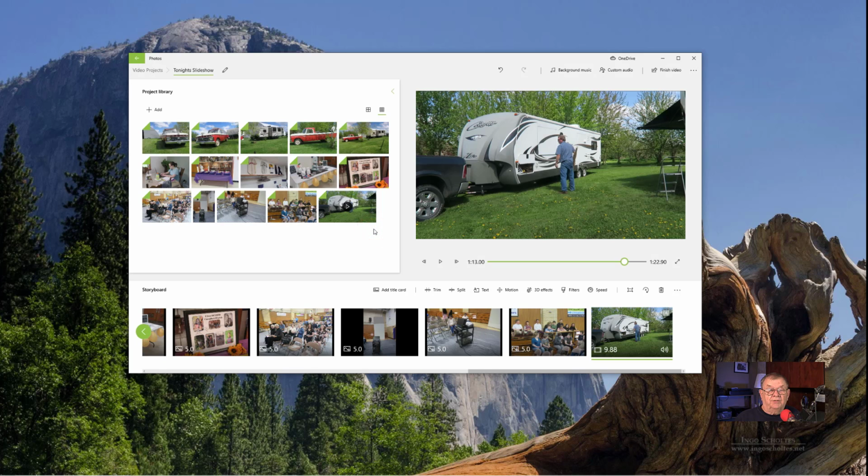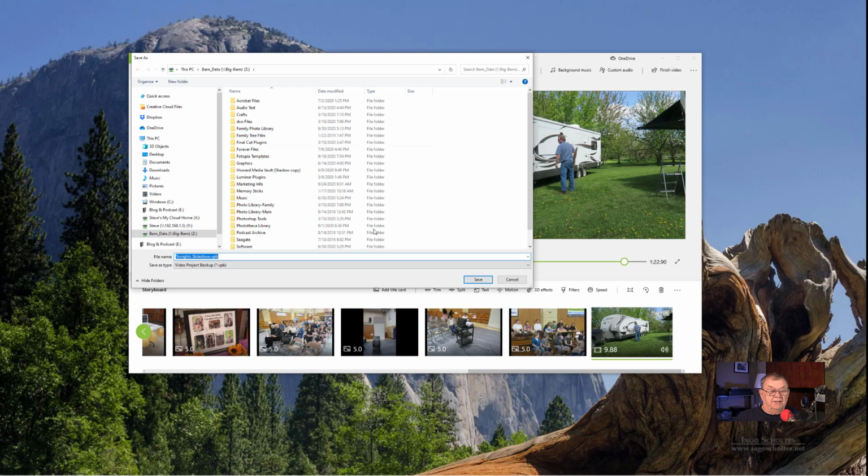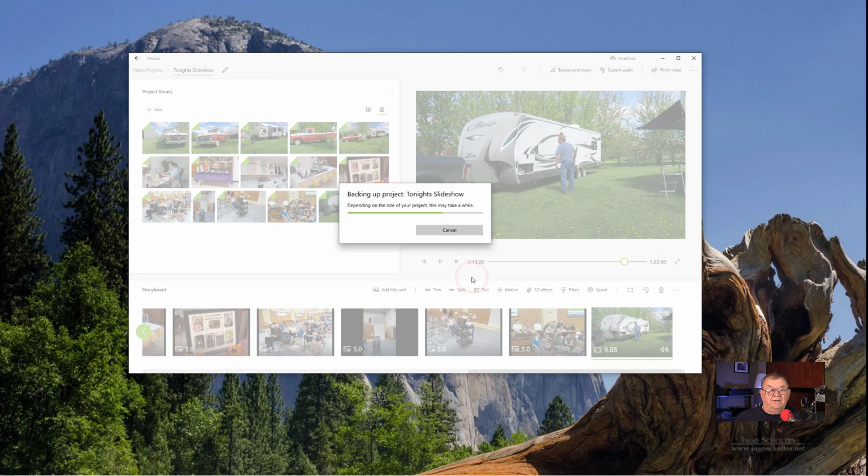Choose the backup location. Again, pick where you want to put it. Click save. And it's going to back up, including the slides. Now, while that's doing that, let me talk about the cons with using Microsoft Slideshow, or Microsoft Photos rather, for